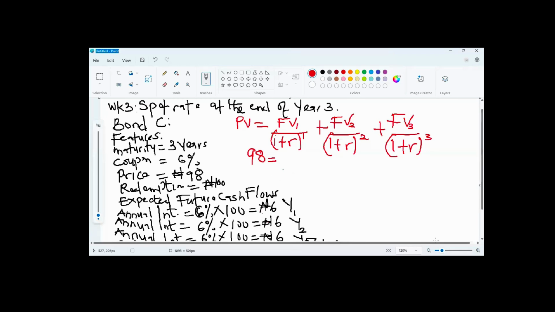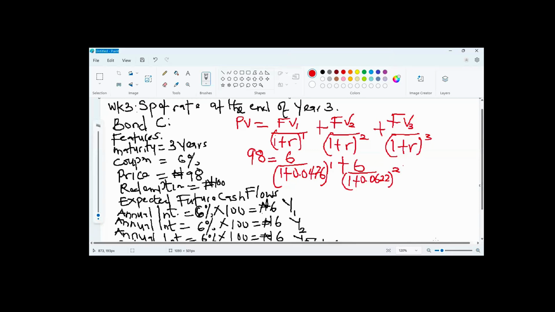That is 6 naira, the interest in year 1, divided by 1 plus R. R in year 1 we have calculated as 0.0476 raised to power 1, plus future value in year 2, also 6 naira, divided by 1 plus R. R in year 2 is calculated as 0.0622, put in brackets, raised to power 2,